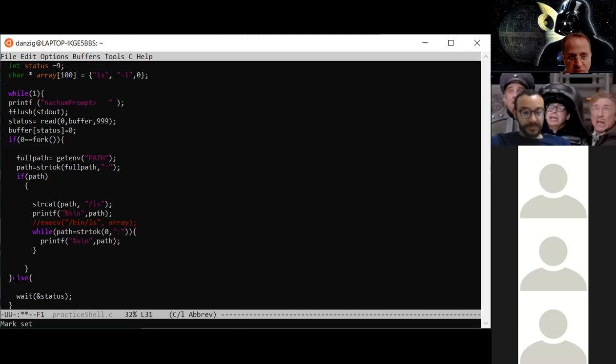And print it. After I got the path, then I concatenate the ls to it and I print it. Now, I'm going to want to do this also for the other paths that I get. So let's put it